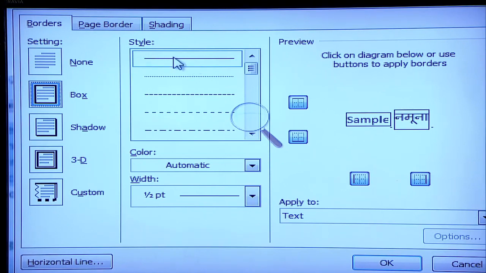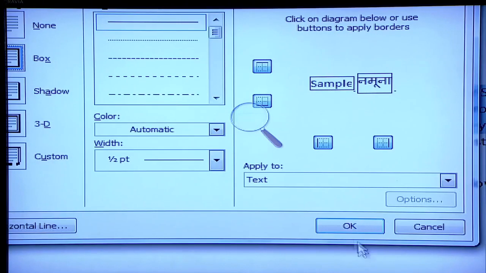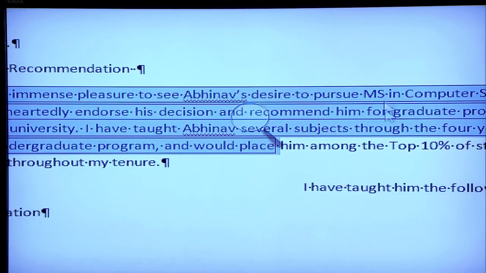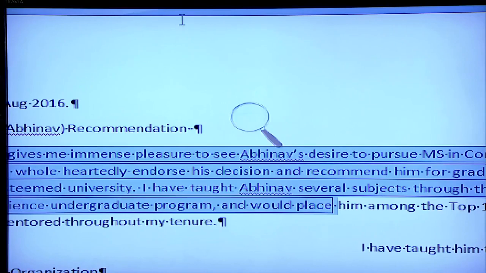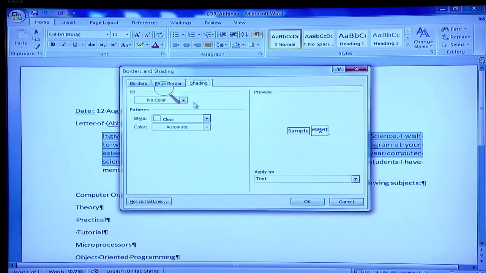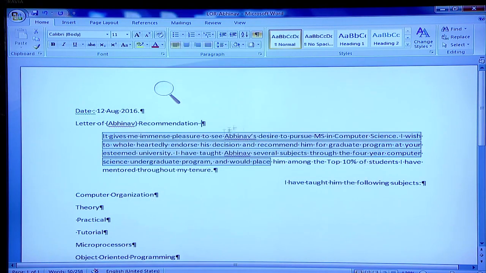Okay, so let's say we keep the default one and we say okay. So there will be a border displayed on this particular text which has been selected. And let's say I want to color this as well, I want a color in the background. So what I can do is go to the shading option. Over here also I can select, let's say I want a gray color, I can say 10% gray, and this text now shows a little color difference between the previous white background and this time it is now a gray